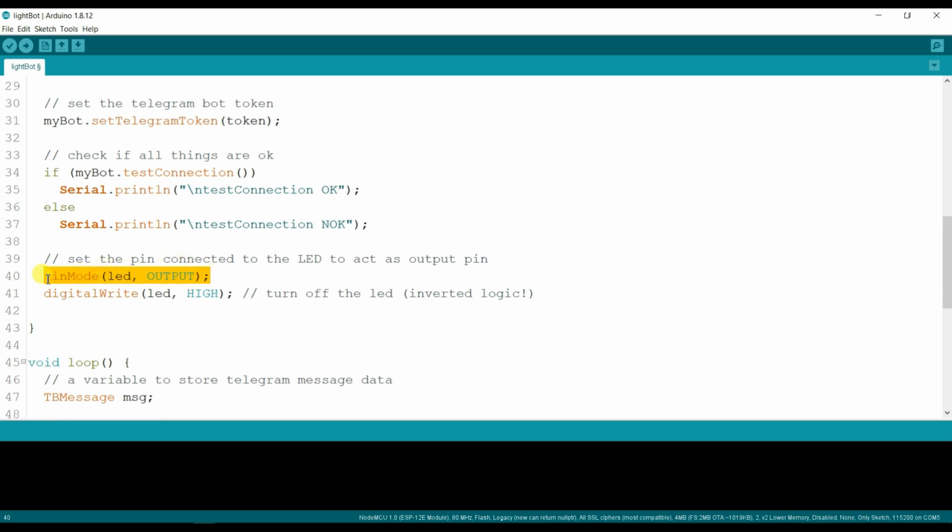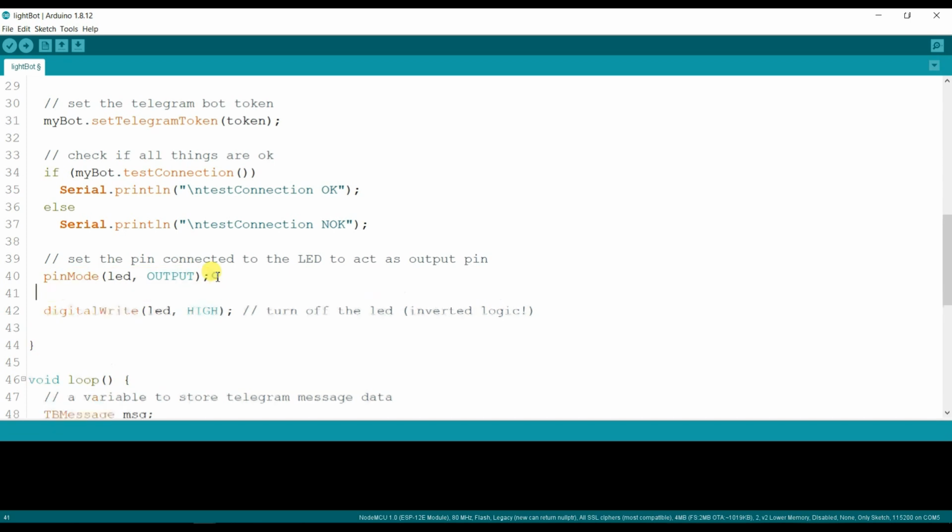Okay, I have to make them output: red LED, green LED output.